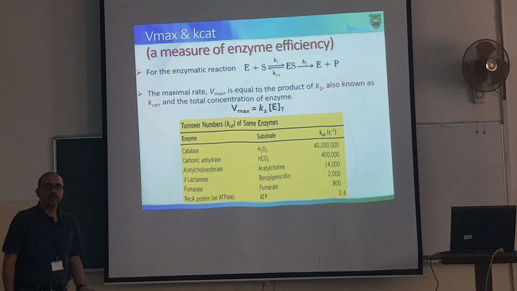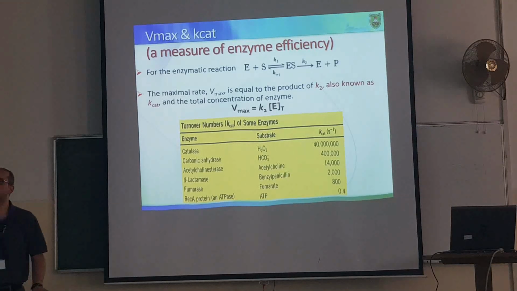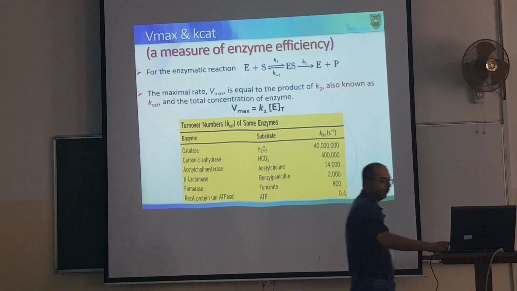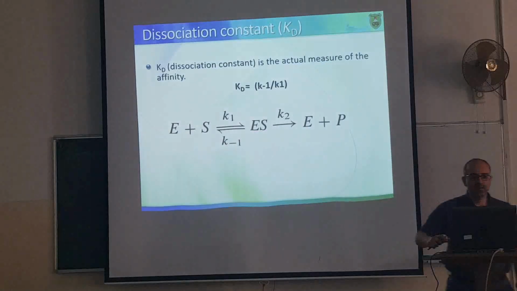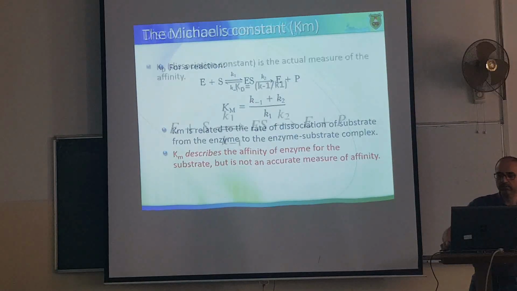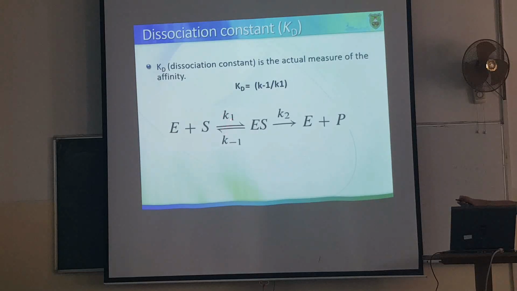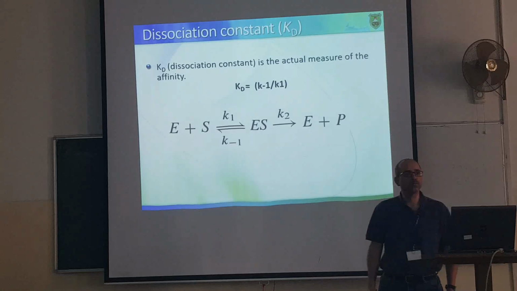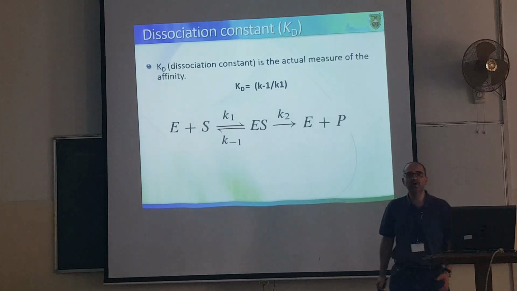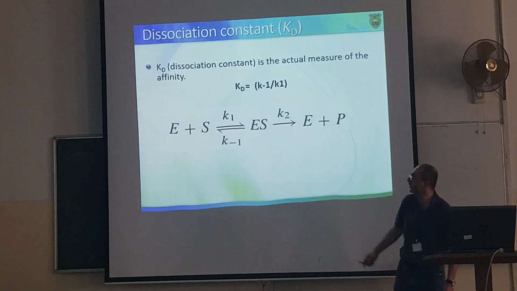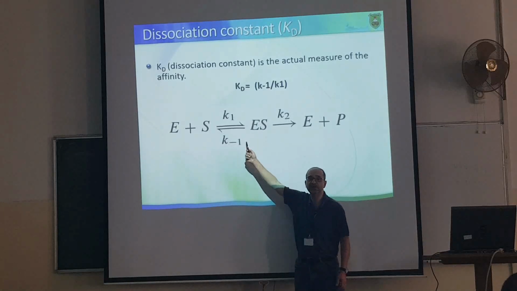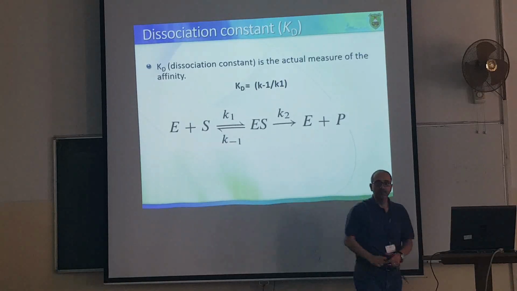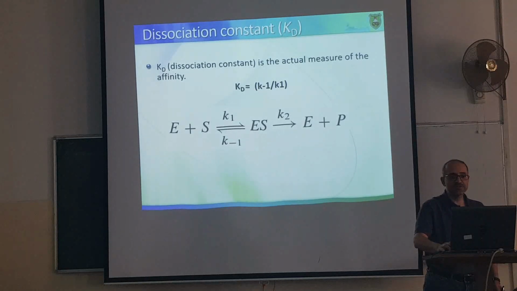well. طيب أنا كيف ممكن أحسب الكاتاليتيك باور أوف ذا إنزيم؟ الكاتاليتيك باور بتعتمد على مين من هذول؟ بتعتمد على مين من هاي الكونستنت؟ K1, K minus 1 ولا K2؟ بتعتمد على K2. It's the catalytic power of the enzyme, the efficiency of the enzyme depends on its ability to convert a substrate to a product once the substrate is bound. ماشي؟ هذه هي الكاتاليتيك efficiency of an enzyme.